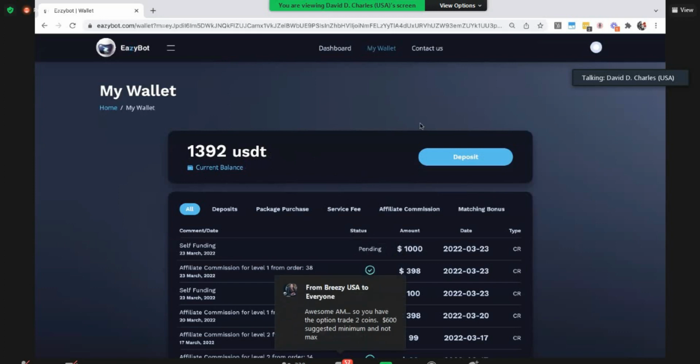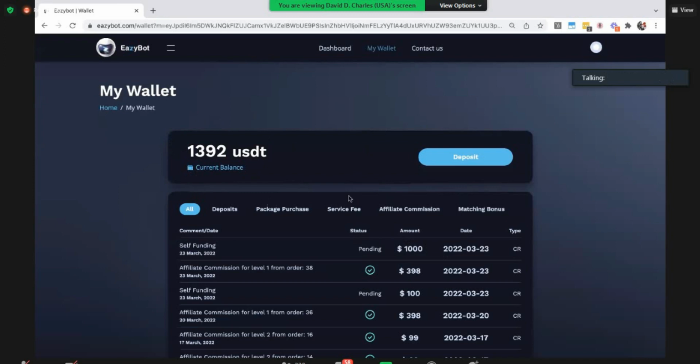So going back to the example that I just gave you guys, where if you missed a step in what I just said, and for some reason you didn't send the entire $1,007.01, and let's say you totally missed it and you just sent $1,000. Well, what's going to happen is there is that transaction fee that the $7.01 represents, that's still imposed on the total amount that's received. So for example, you only sent $1,000. What EazyBot will receive is something like